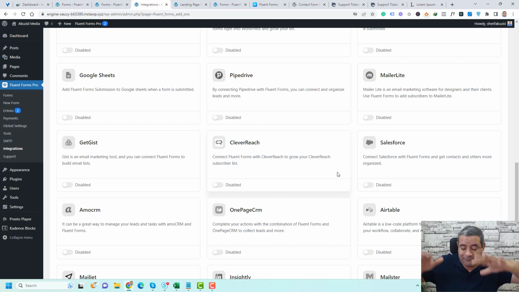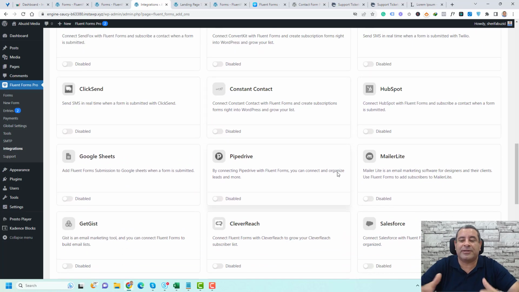And I'm not sure if other form plugins are directly integrated with their forms, because maybe you need a third-party solution to integrate the form with this or that email marketing platform. But with Fluent Forms, you can't miss any email marketing platform, and it is very easy to connect it to your email marketing platform. For example, if I'd like to connect any form to my MailerLite